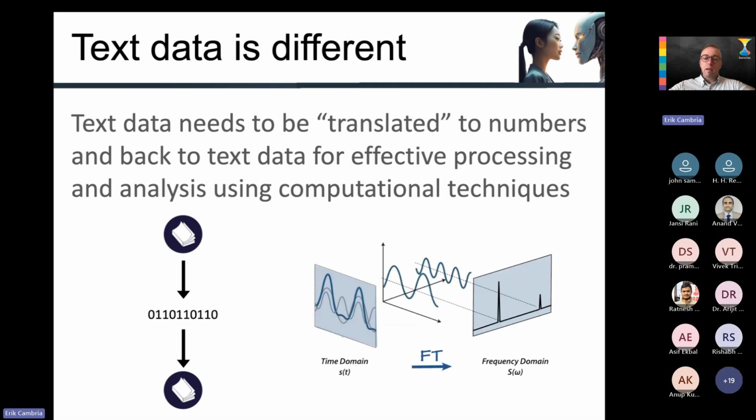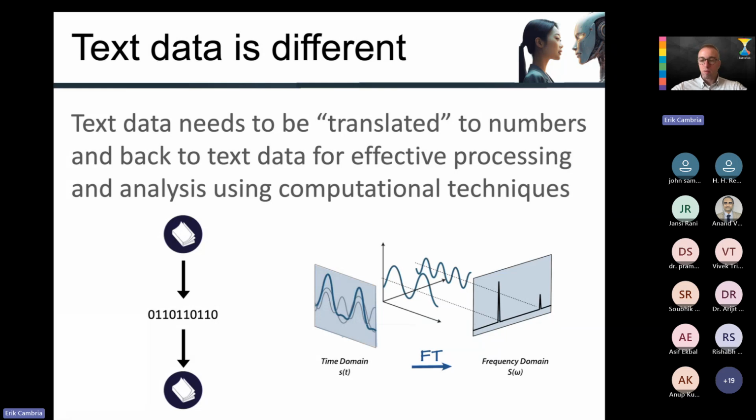It's a bit similar to the Fourier transform, if any of you is familiar with it. You go from time domain to frequency domain to do some calculations, and then back to the time domain. So in data processing today, this is also what's happening. We have to translate documents or web pages or novels or anything into numerical form, do some processing,